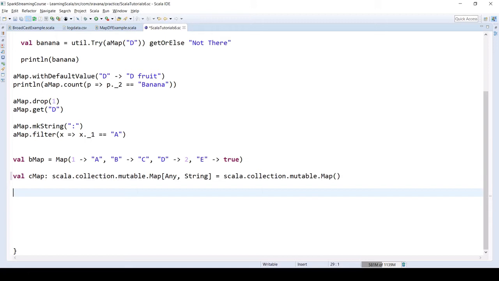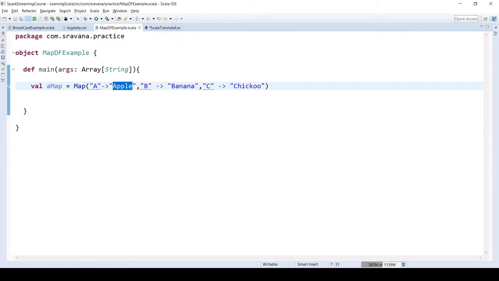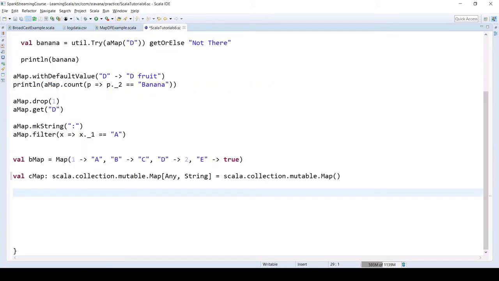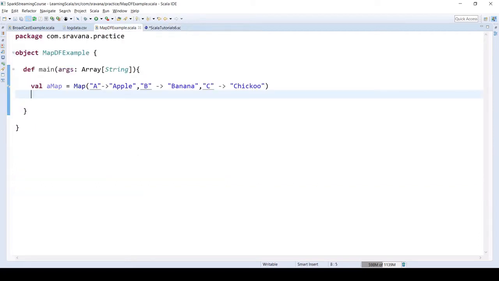Clear? Okay. So next we will use this in Scala code. Here we are using it in the Scala worksheet, right? So in the main program, usually when you have an object main defined, how to use that we will see with this very simple example.